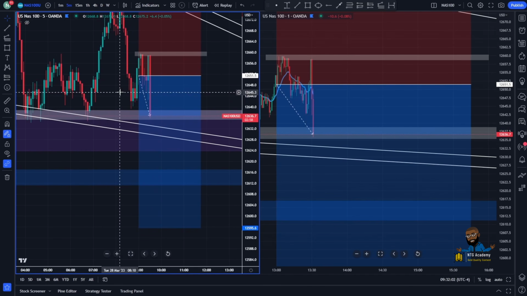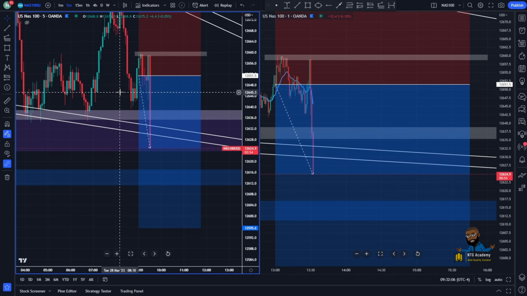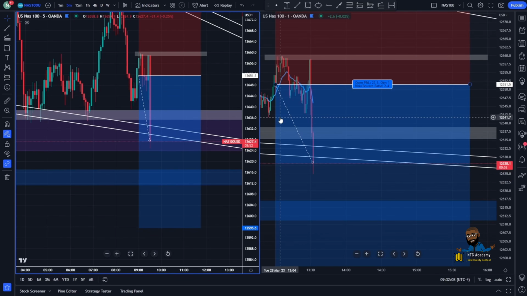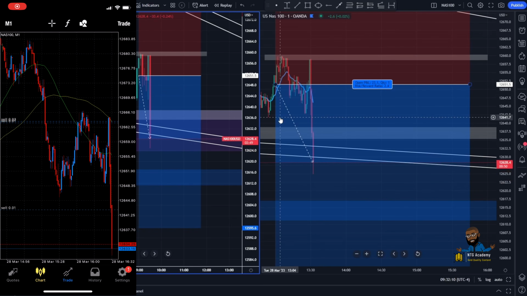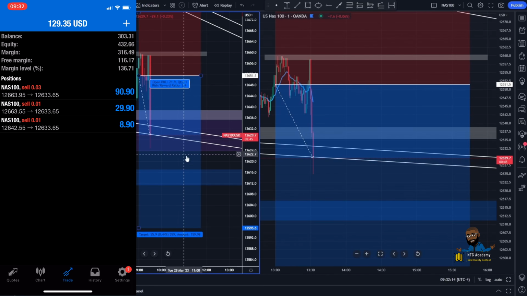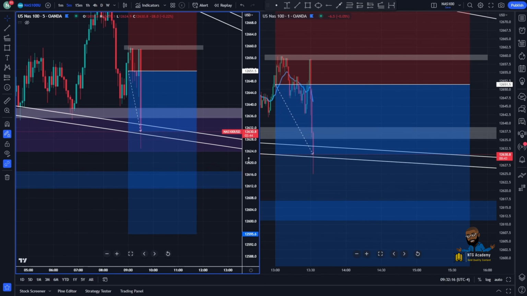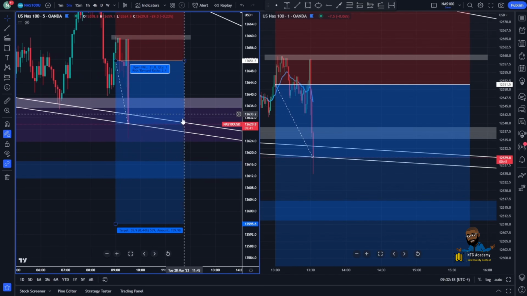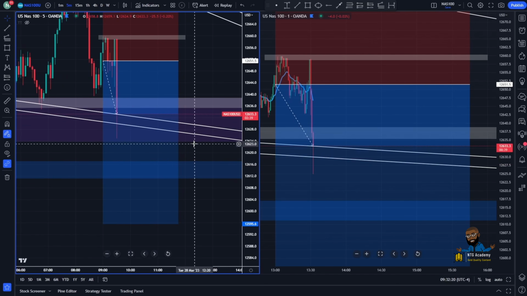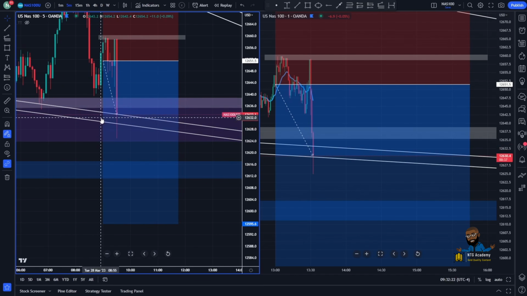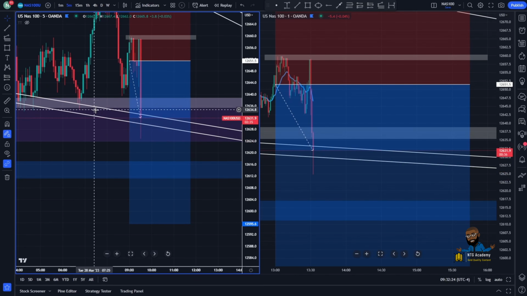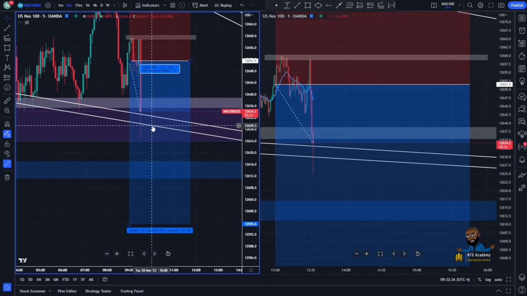Now, why do I like to wait for the breaks of these levels? Because if we break that support, I know that adding a position there is safe. If we get a pullback, we will also get a rejection of that support, which will turn into a key level and act as resistance. So I have a higher chance of it rejecting off of the zone than just going back up. That's why I wait for the break.